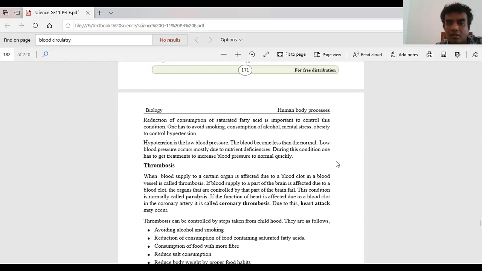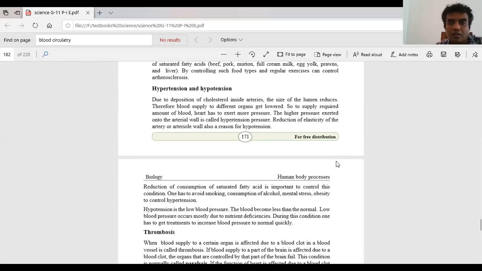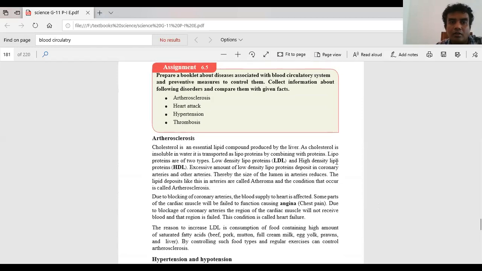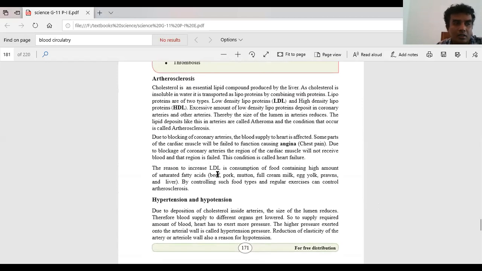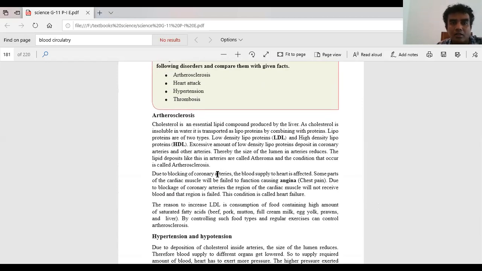Right, so these are the diseases that we have discussed under the blood circulatory system. We need to discuss only 4 diseases. One disease is called atherosclerosis. The other one is the heart attack. Then the other one is hypertension. And the last one is thrombosis. So if you consider atherosclerosis,